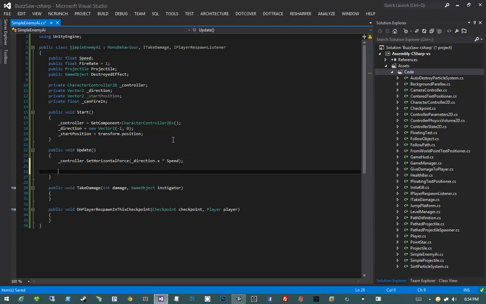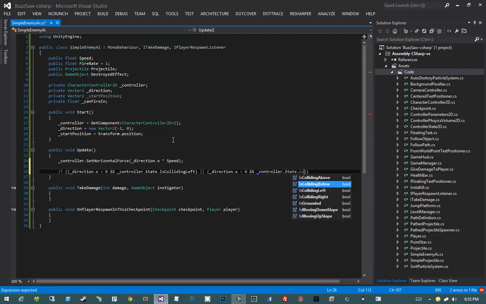Then we need to see if he's colliding with the left or with the right, in which case we will reverse his direction. So I'm going to say if direction.x is smaller than 0, meaning he's moving to the left, and controller.state.isCollidingLeft, meaning he hit a left wall, or he's moving to the right, in which case his direction.x will be greater than 0, and controller.state.isCollidingRight, which means he hit a right wall,